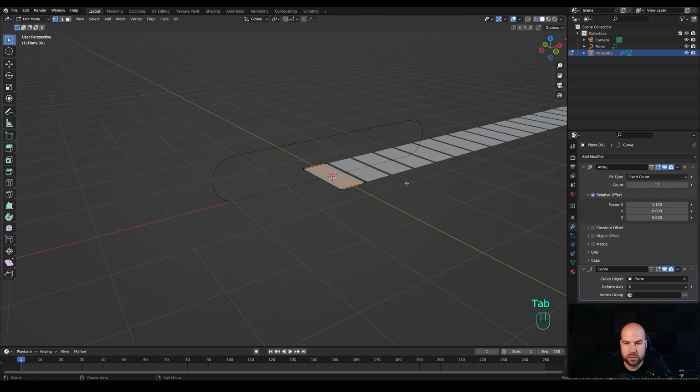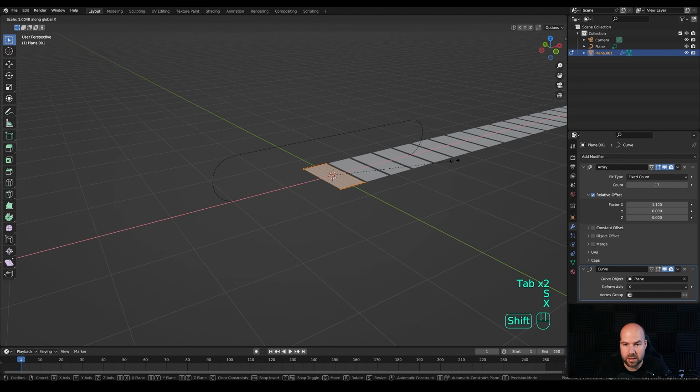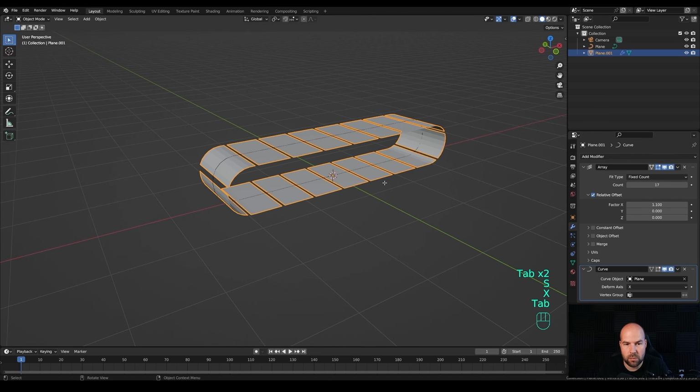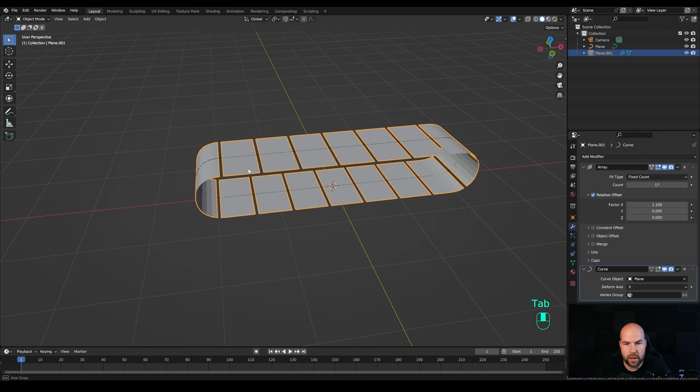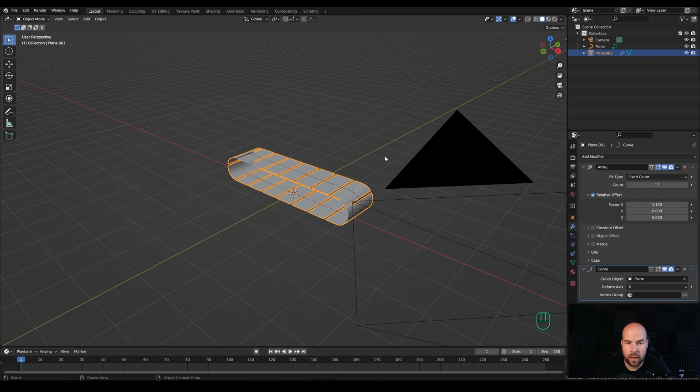And now we'll go into the edit mode, press A to select all and just scale it down on X axis a little bit, then tab out to check how it works. So press S, then X and scale it down. And you can see the gap is now large, so we can scale it back up a little bit. And you really need to do these small adjustments. And I think this works just fine. So this is not a precision method, but I think for illustration like this, this is more than enough.